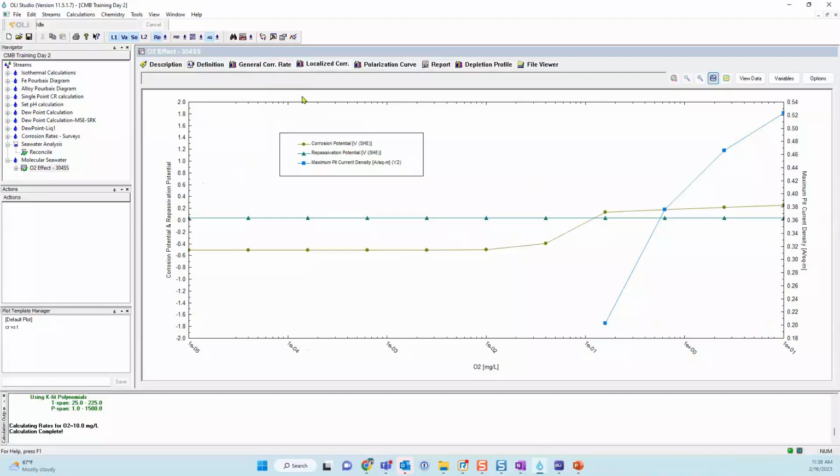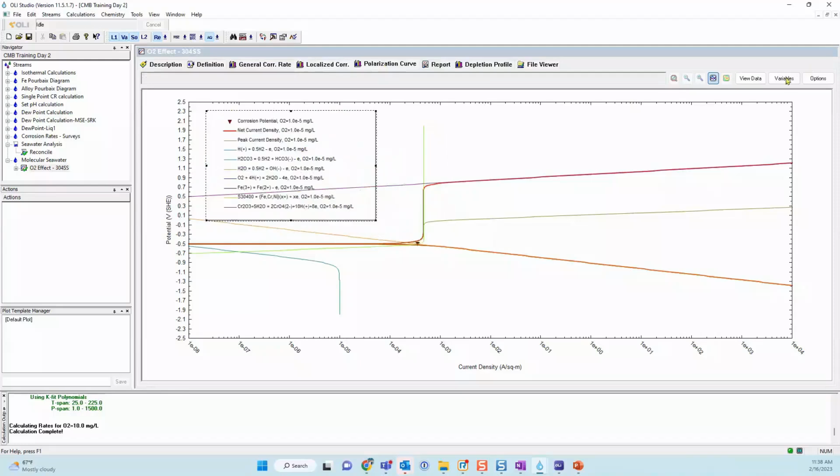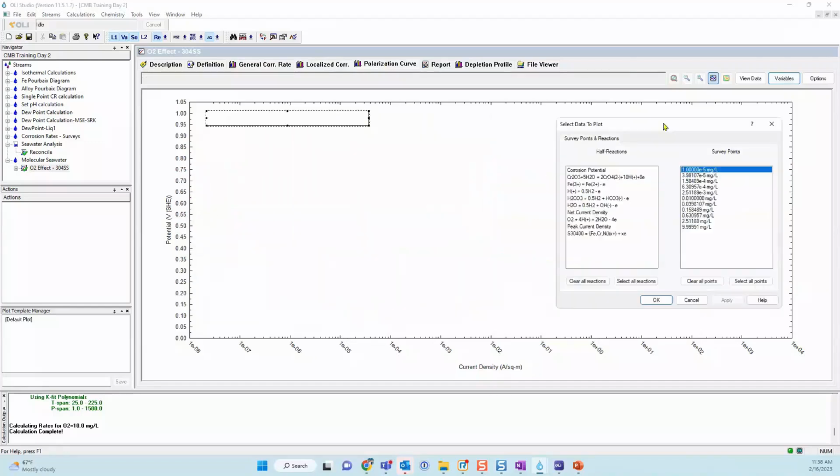Okay, so main takeaway, you do have a concentration of oxygen that is critical for localized corrosion damage. Finally, here in the polarization curve, we can also analyze what happens. So let me just clear these reactions for a moment. So we start with virtually no oxygen, 1 times 10 to the minus 5 milligrams per liter of oxygen. And I'm going to add